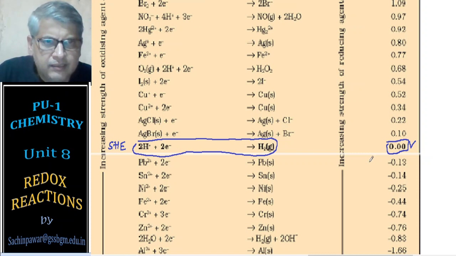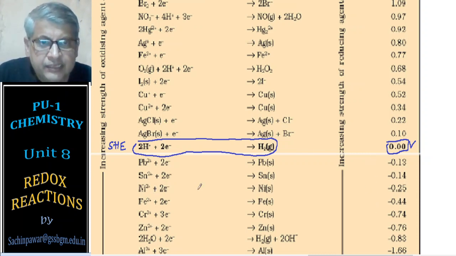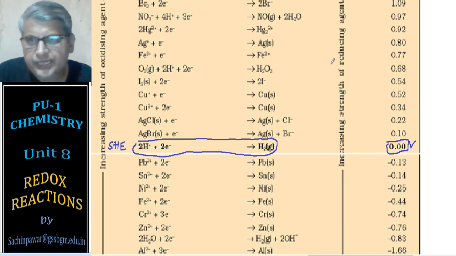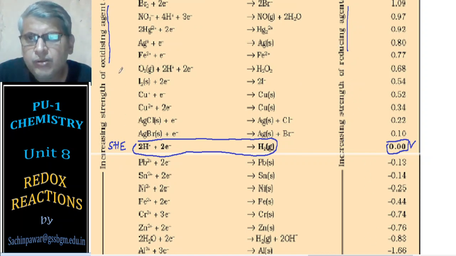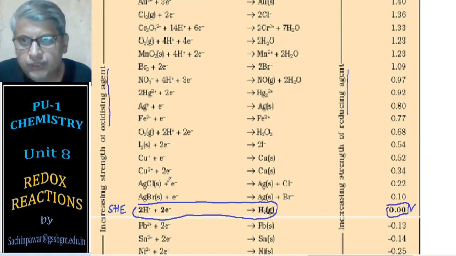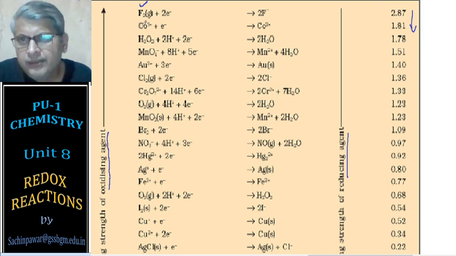in this series, the electrodes placed below are metals which are strong reducing agents, and the elements placed above are weak reducing agents. They are oxidizing agents. So you know, oxidizing agents and reducing agents. The strength of the reducing agent increases as we go down, and the strength of the oxidizing agent increases as you go up. So you will find that at the top we have fluorine. Fluorine, F2, is the strongest oxidizing agent available.